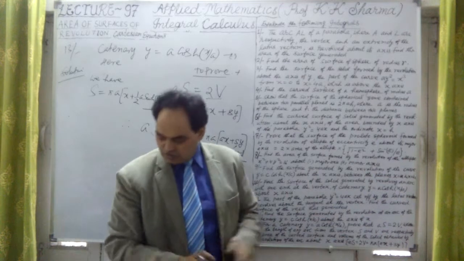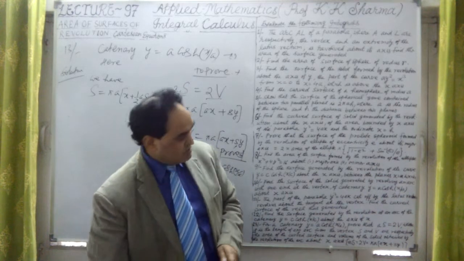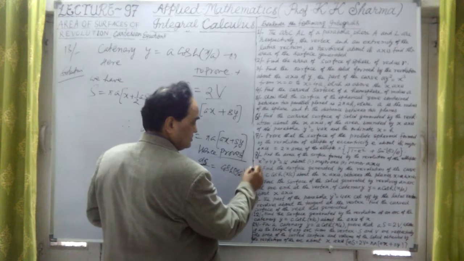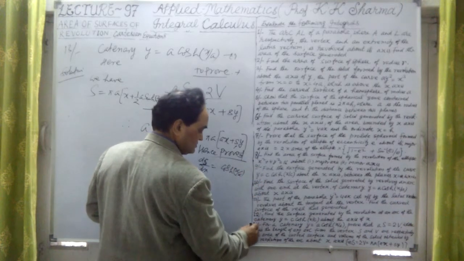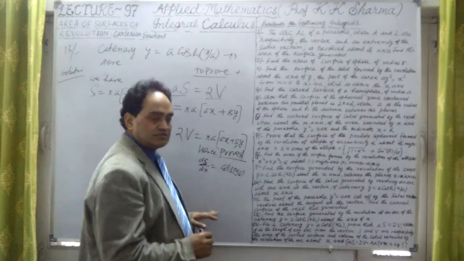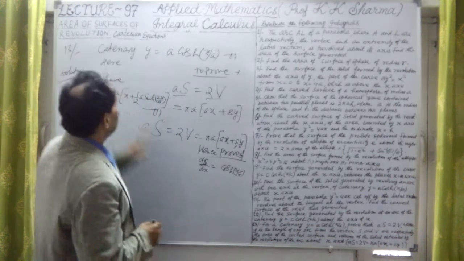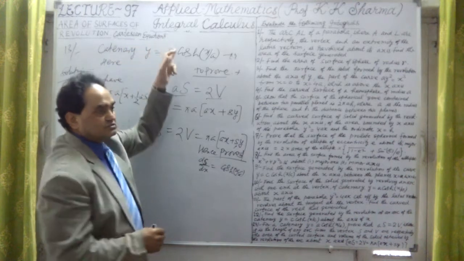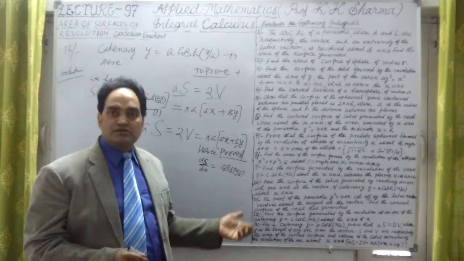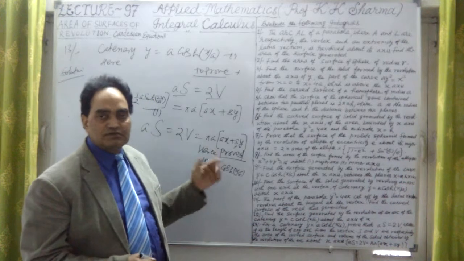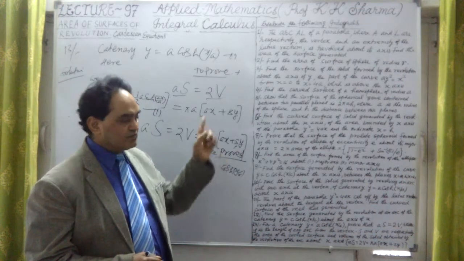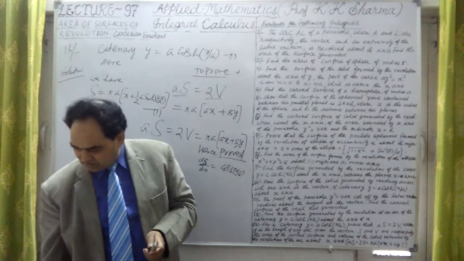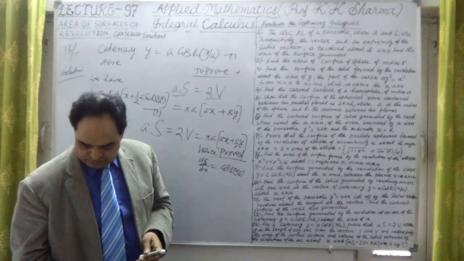Okay, so this ends this topic here. I mean, for Cartesian equations or Cartesian coordinates. This is area of surfaces of revolution. Area of surfaces of revolution for Cartesian equations. Okay. Next topic is, I'll take the same topic but for parametric equations, then for polar equations next, and after that 4th exercise will be about